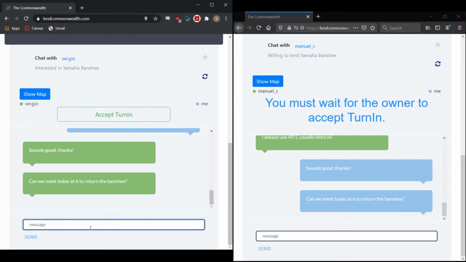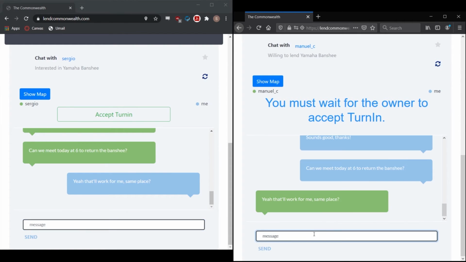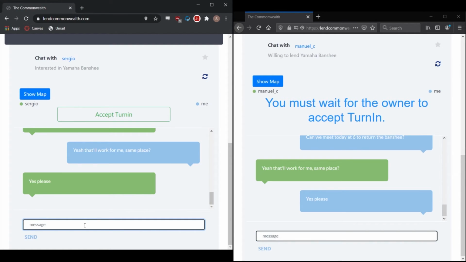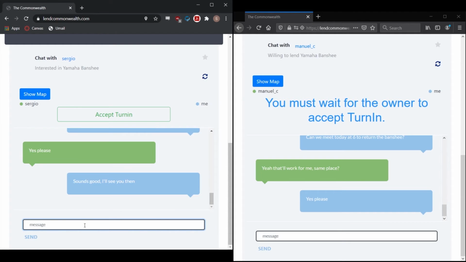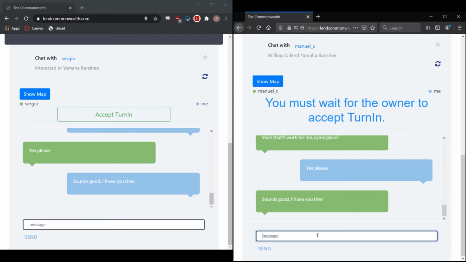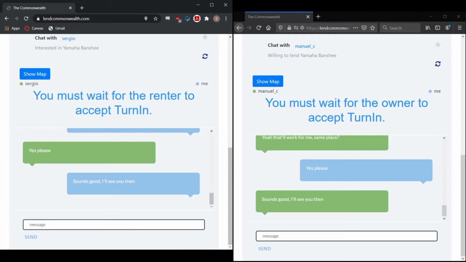So they can set up a meeting spot, whether that be the same place that they used last time or another place on the map. That can just be up to them, as long as they try to choose somewhere safe and public. They should be good. Okay, and then once those steps are done, once they accept turn in on both sides,